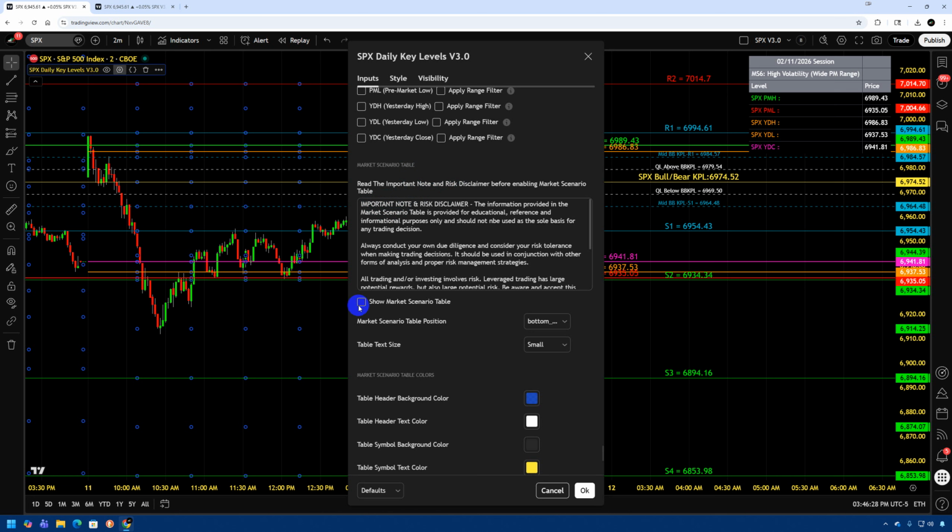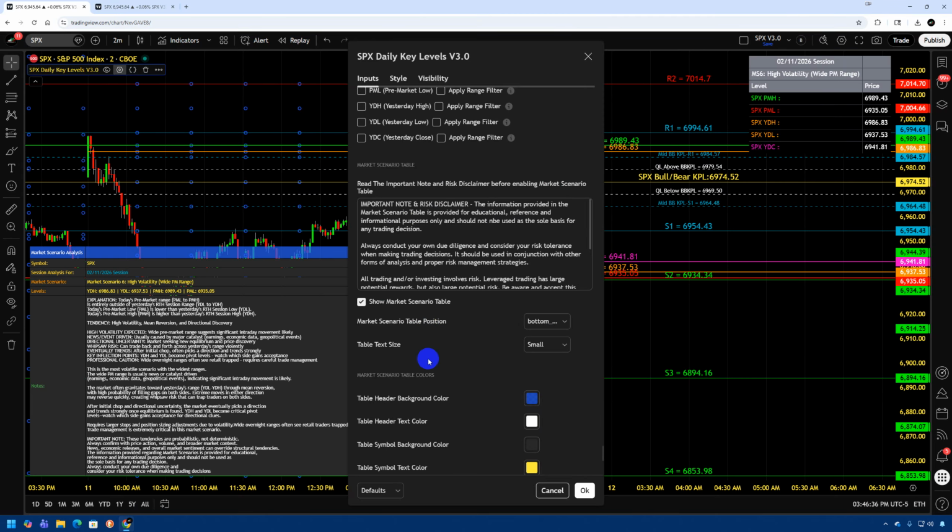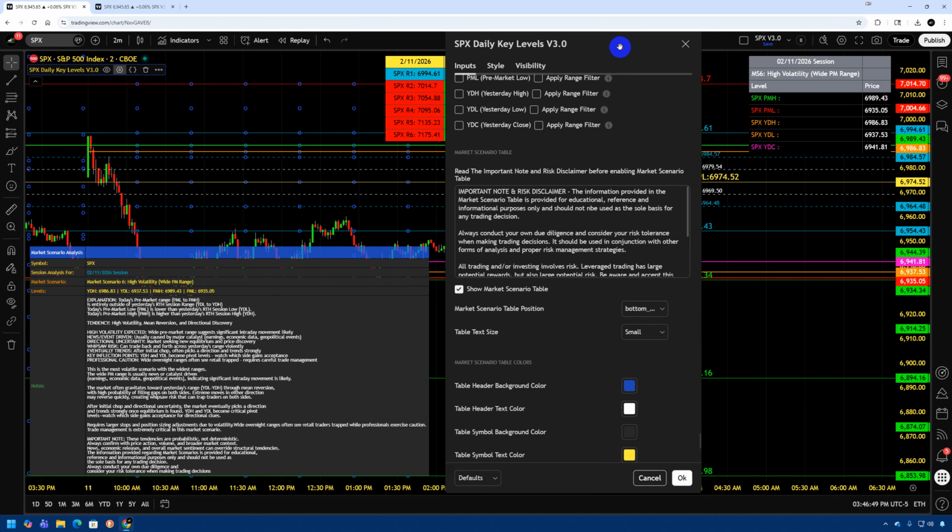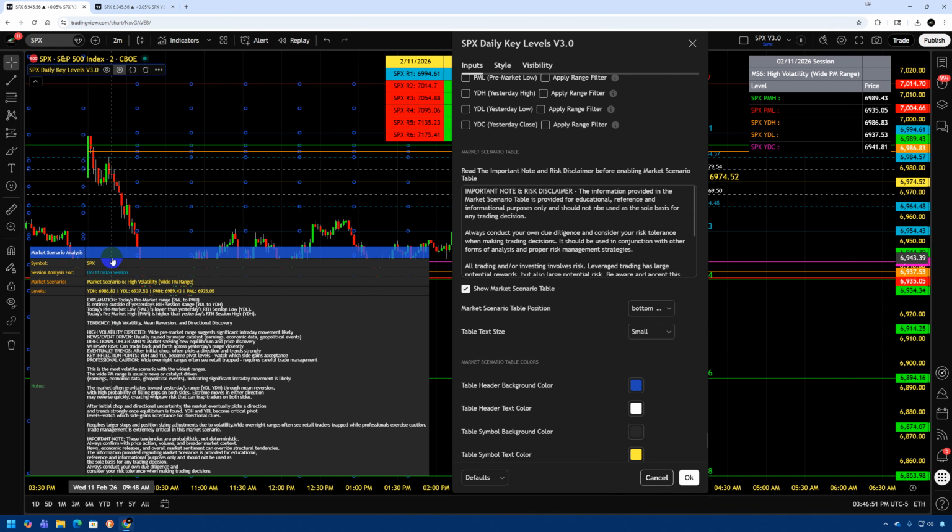And we click on Show Market Scenario Table. As you can see here, we can change the market table position on the chart as well as the table text size. The default size is going to be small and the default position is going to be the bottom left. And as you can see here, we have the market scenario analysis table, session analysis for today's session